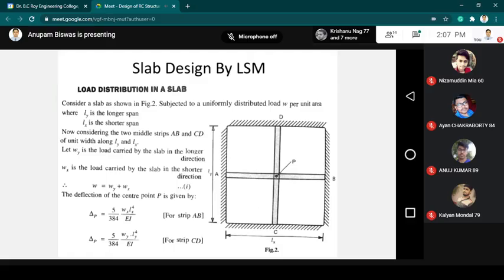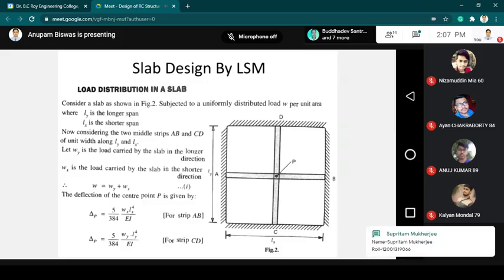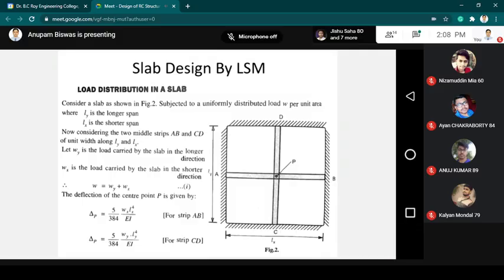So for the strips AB and CD, along the longer span Ly and the shorter span Lx, we can say that Wy is the load carried by the slab along the longer direction, and Wx, let us consider, is the UDL carried per unit area in the shorter direction. So the total load is W equal to Wy plus Wx,